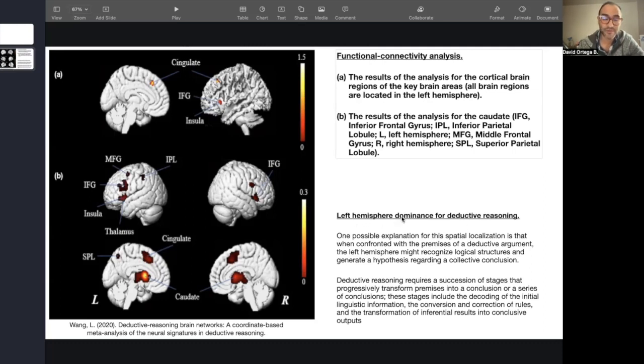The left hemisphere dominance for deductive reasoning is clear, and we can recognize logical structures and generate a hypothesis regarding a collective conclusion. So that's what we are doing when we have a more deductive reasoning experience. We are trying to perceive the information. We are using the inference mechanism, and we are comparing that information with the information of our world experiences, as well as using this deductive reasoning with association of stages that will progressively transform the premises into a conclusion or